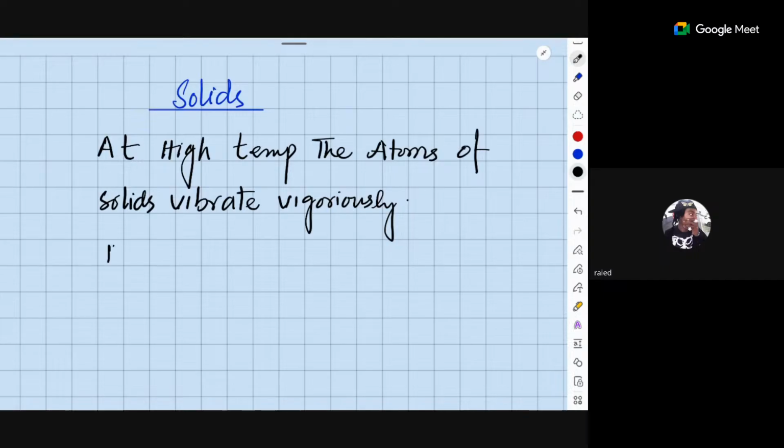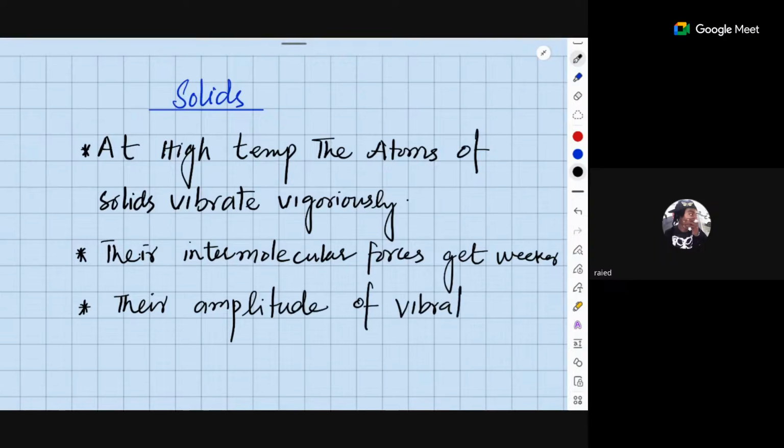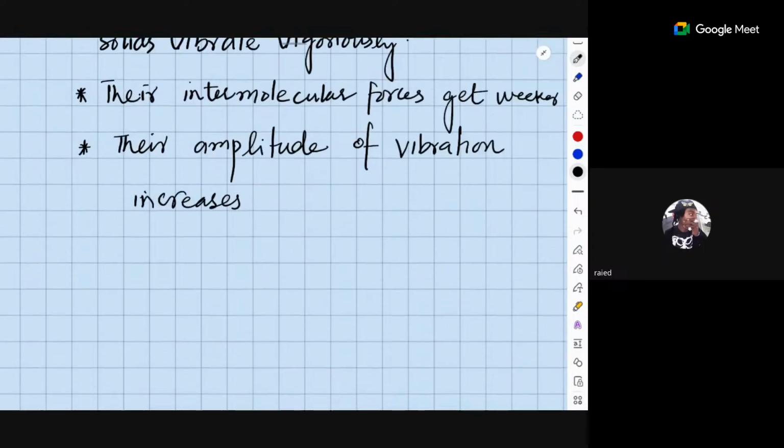One thing, and their intermolecular forces get weaker. Okay, what is the third aspect of that? Due to that, their amplitude of vibration increases, right? Their amplitude of vibration increases. Okay, the amplitude of vibration of the molecules increases, and that's the reason for the increase in the volume, so that